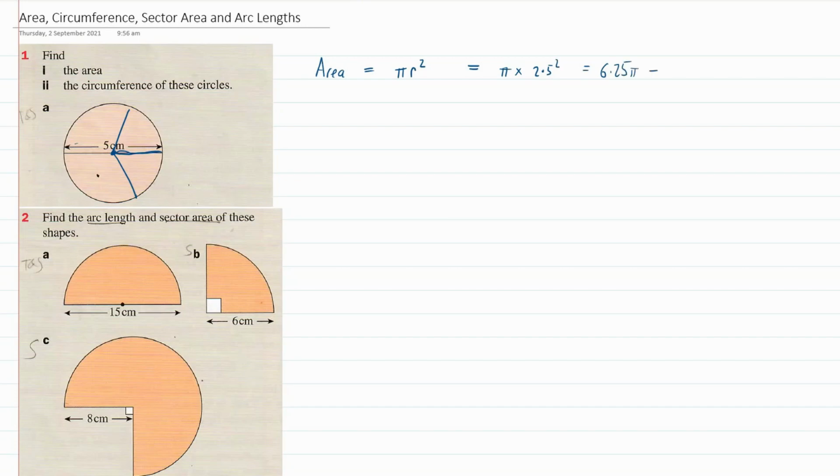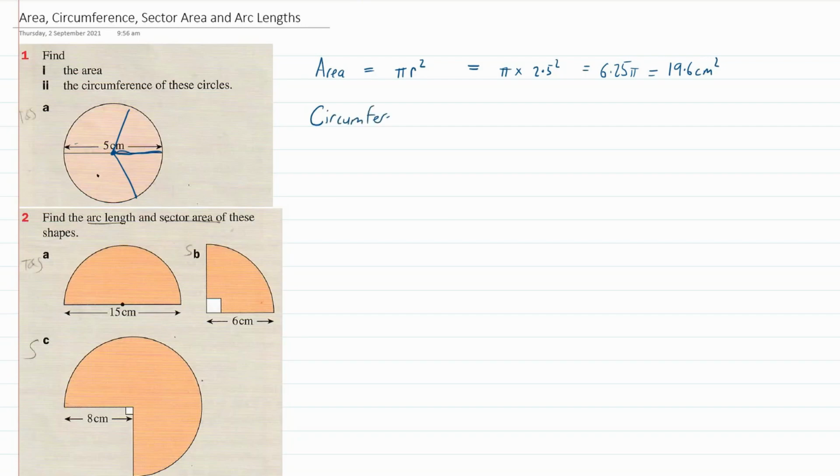And then we could also give the three significant figures version of that, and that happens to be, if you pop that in your calculator, you're going to get 19.6, I think, centimeters squared. The circumference of a circle